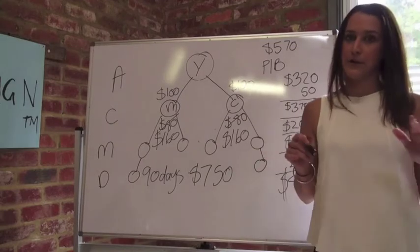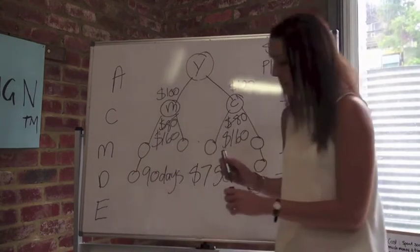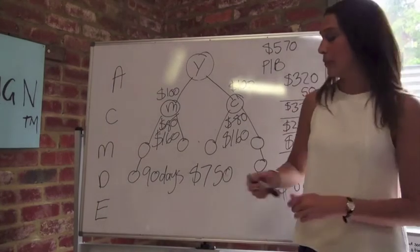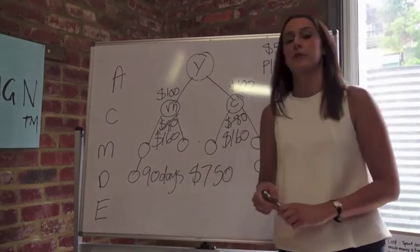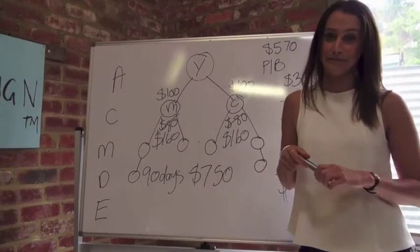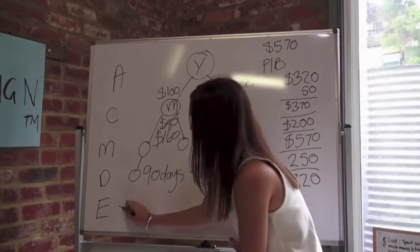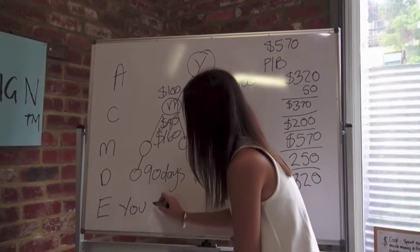After that, we get into the big money, and this is executive. So if you come in our team and you say, I want to build a business, we need to get you to executive as fast as possible, because there's no reason why you should want to settle for anything less. Executive is when you've done you plus 2